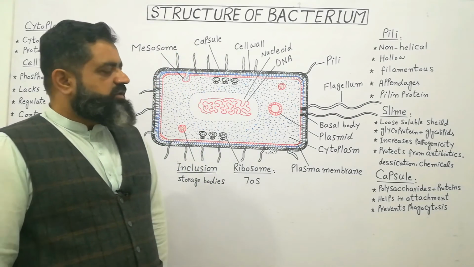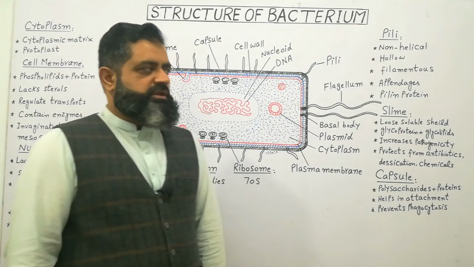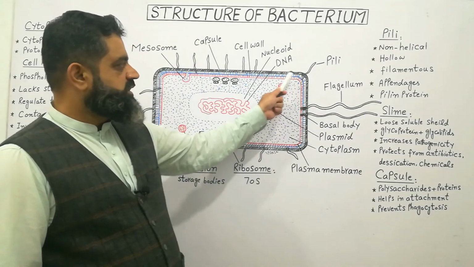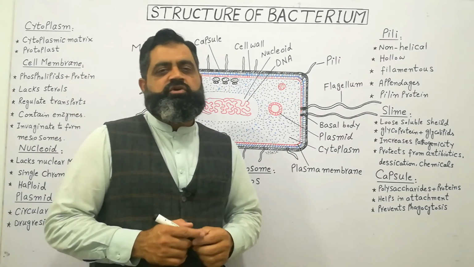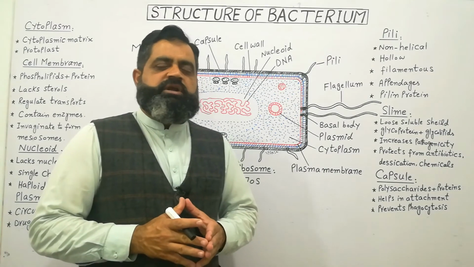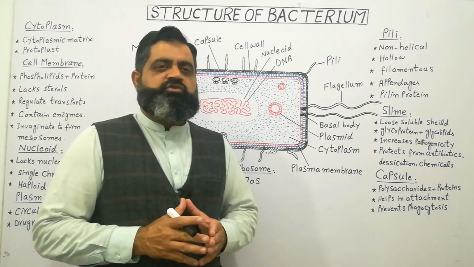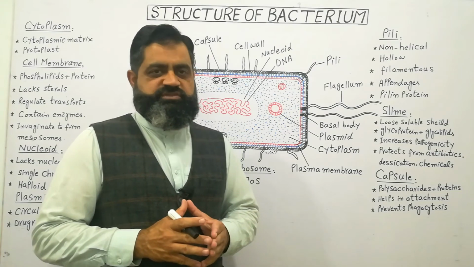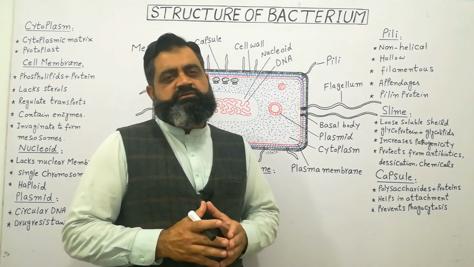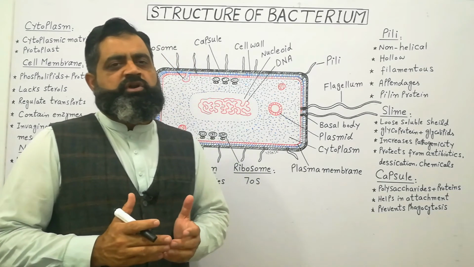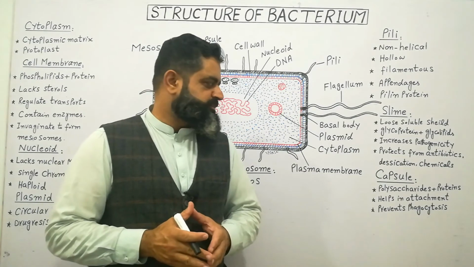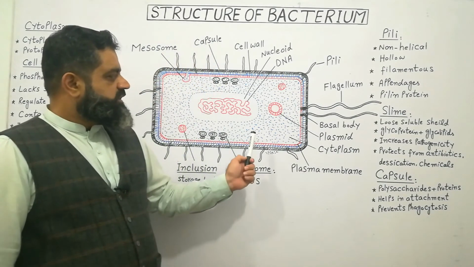If we look at the envelope or outer surfaces of the bacteria, they contain a cell wall. Cell wall, as you can see in the blue color. Bacterial cell wall is of two types, gram-positive bacteria and gram-negative bacteria. We have classified the bacteria on the type of cell wall, and it is also a very long topic, which we will discuss in an upcoming lecture.